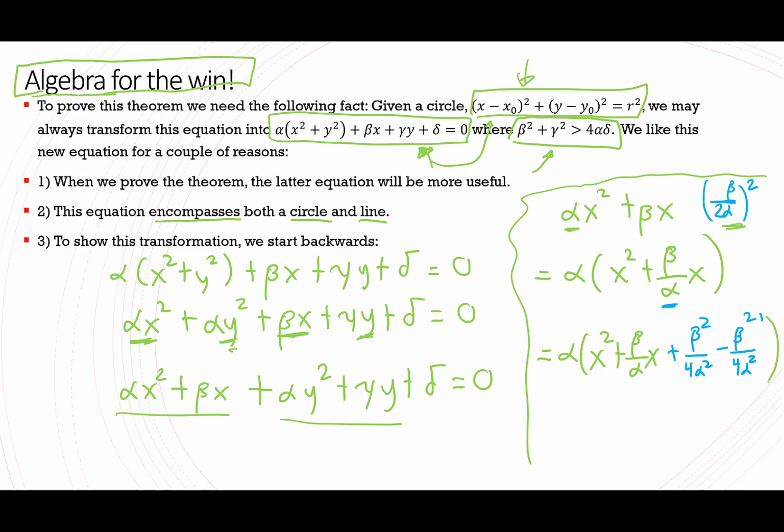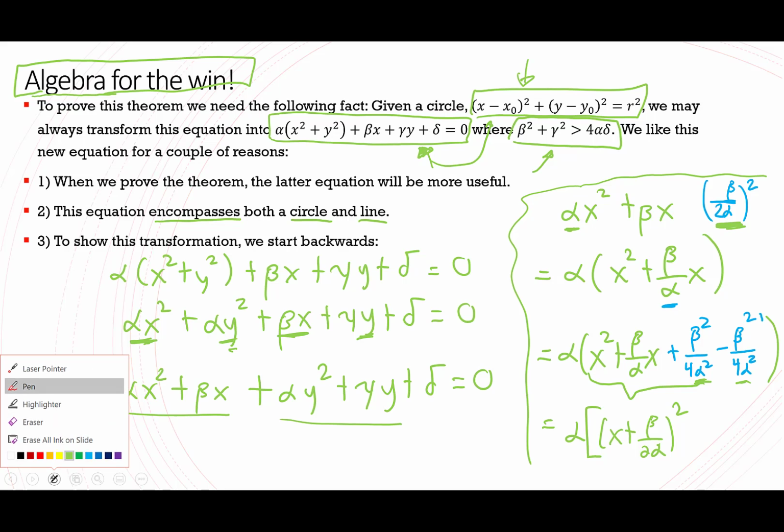Now again, you might be like, why the heck would you ever do this? Well, again, completing the square tells us that these first 3 terms factor into something really nicely. In fact, they factor into the following. It'll be x plus whatever term we had here before squaring, beta over 2 alpha, squared. So those first 3 terms actually become a perfect square if you do this add and subtract trick. By the way, I know that looks like a 2 prime there. Let me get rid of that. Boom.